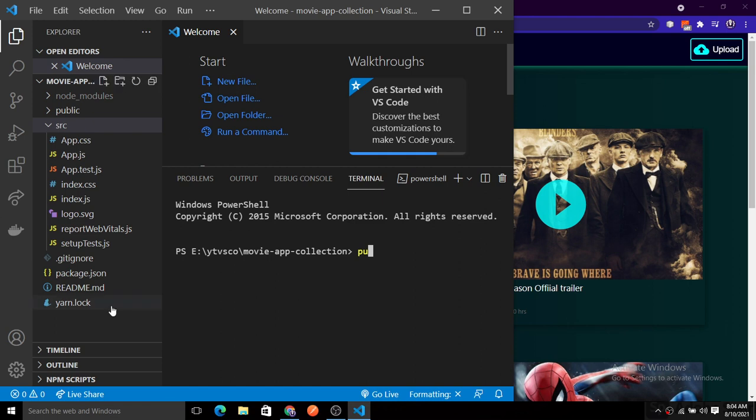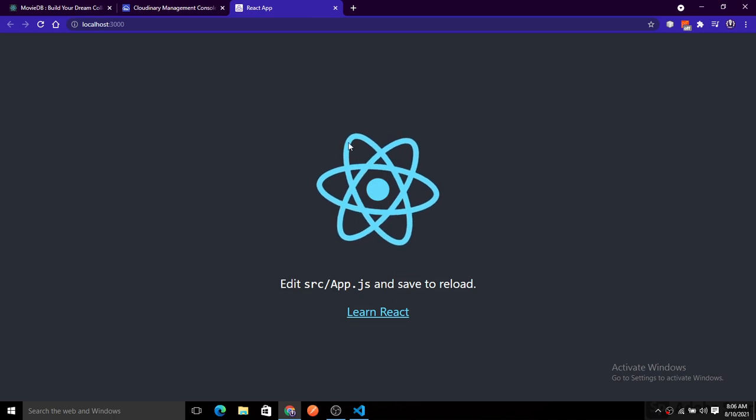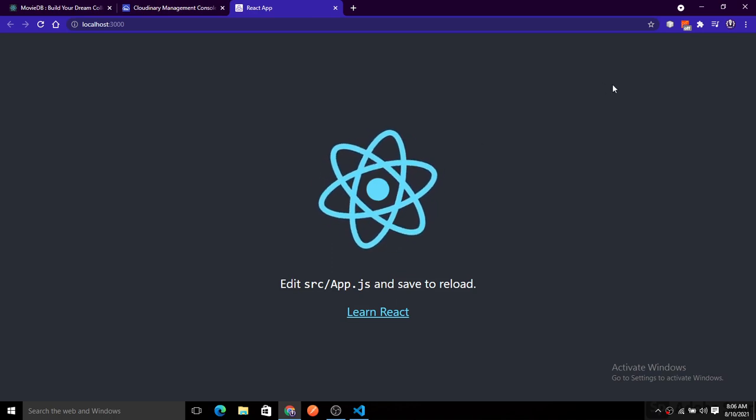As you can see here, I'm using yarn. For starting our React application, I will use yarn start. If you are using npm, you can simply run npm start, so that your React application will start in your browser. From there you can debug the application. You can see our React application is now running, and this spinning React logo confirms it.